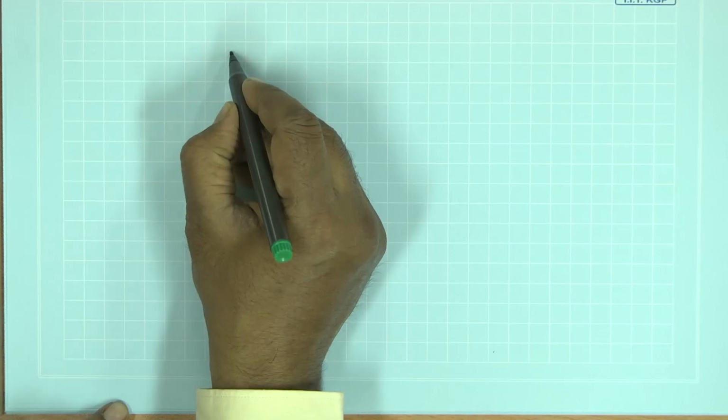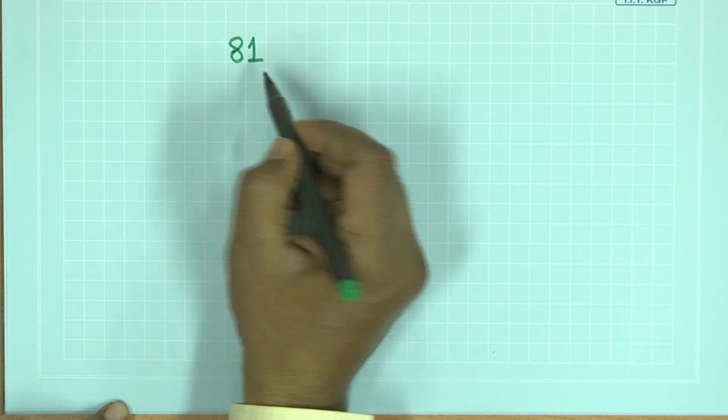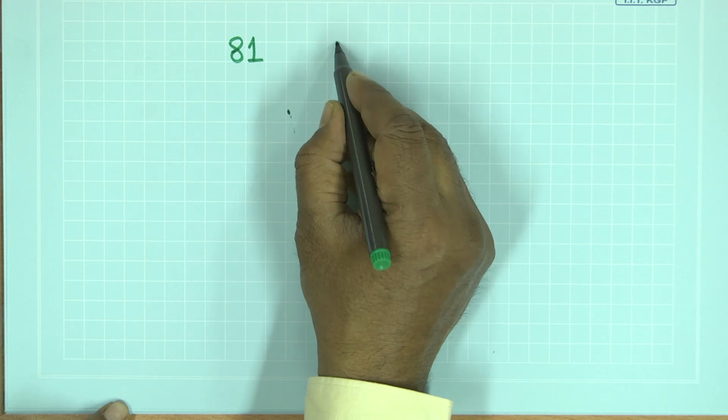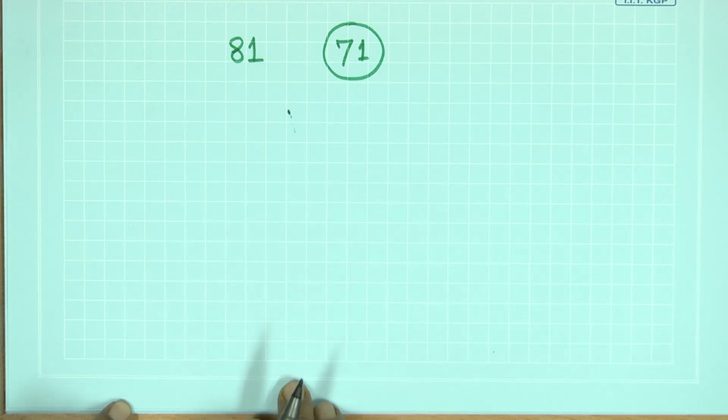Suppose 81 divisions have to be made. First of all we will understand, so I will select a new piece of paper. Say 81. Oh, wait a minute, 81 is divisible by 3. I would like to take a number which is even more difficult, say 71. 71 divisions have to be made on the circumference of a circle, and what we do is we see whether a 71 hole circle is present.